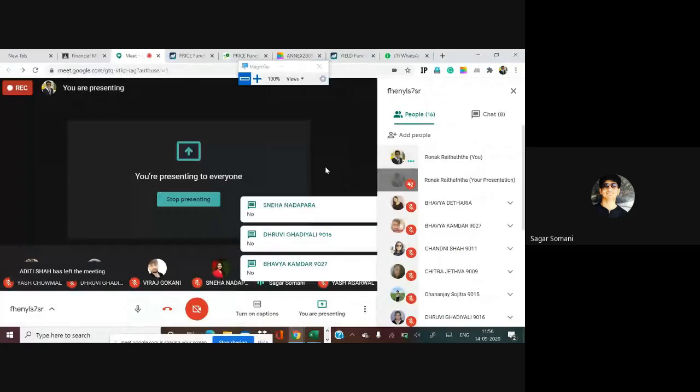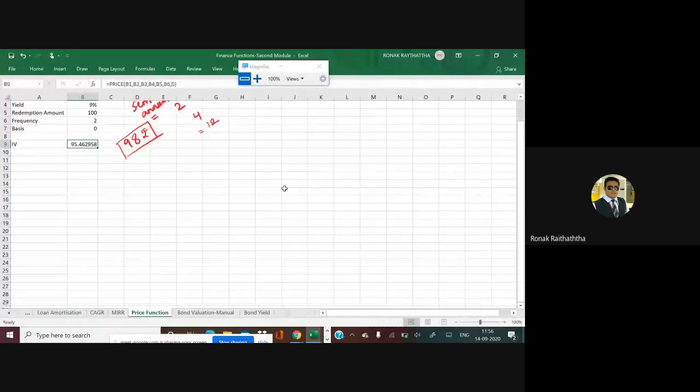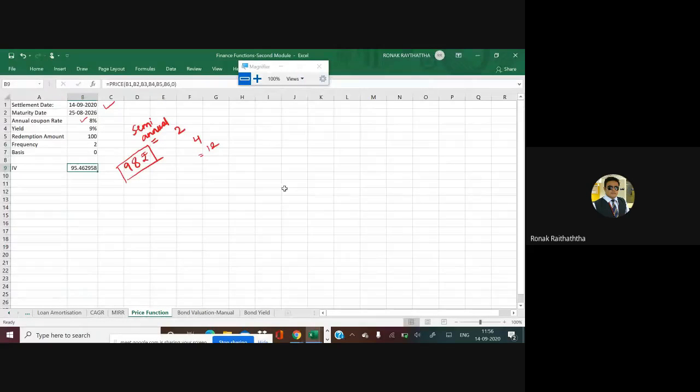No. Absolutely correct. Because the expected benefits from this bond, including the maturity price, is coming at 95 as per your requirement of yield, that is 9%. And that bond is available in the market right now at 98. So that means your required rate of return is not getting satisfied. Say thank you, bye bye, take care. I cannot invest in this bond because my required rate of return is not getting satisfied.